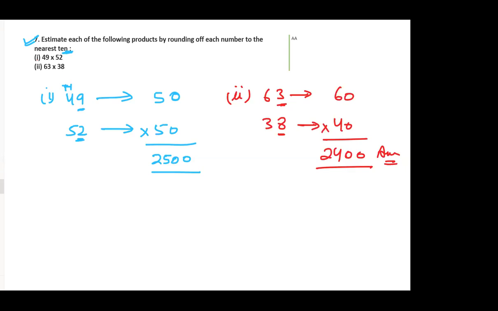Yes, of course, because you just have to understand how to round off the different numbers to the nearest 10, nearest 100, nearest 1000, nearest 10,000. And I think 10,000 is not there in your chapter. In any exercise, 10,000 is not there. You just have to understand how to round off the number to the nearest 10, the nearest 100, and nearest 1000. That's it. And once you understand the basic concept, once you understand the basic formula of how to round off the given numbers, then it becomes very, very easy for you to solve these kind of questions. And you all are very smart, I know.